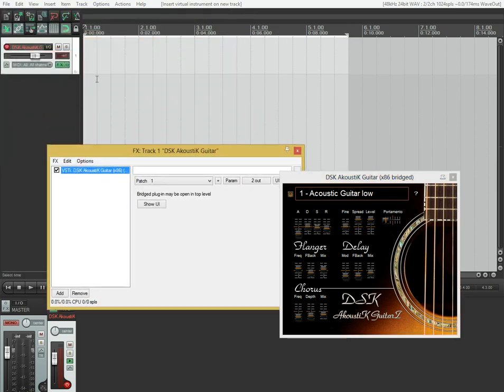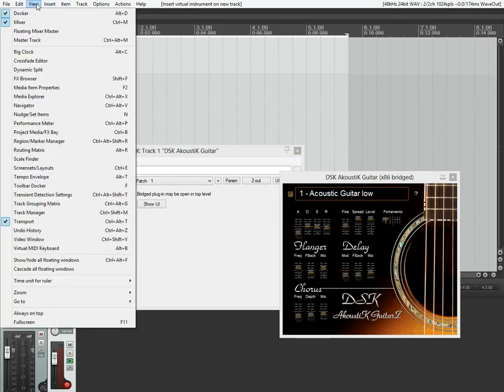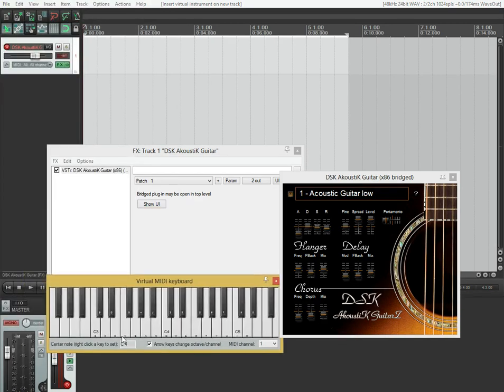Now, since I don't have a MIDI keyboard that I can play to get notes into the computer, I will use what Reaper has, which is a virtual MIDI keyboard down here in the View menu. That will bring up a keyboard that looks like this, and you can use your computer keyboard to play. You see, a Z does an octave 3, C, X, C, Y goes up, and make sure it's selected and it's brown